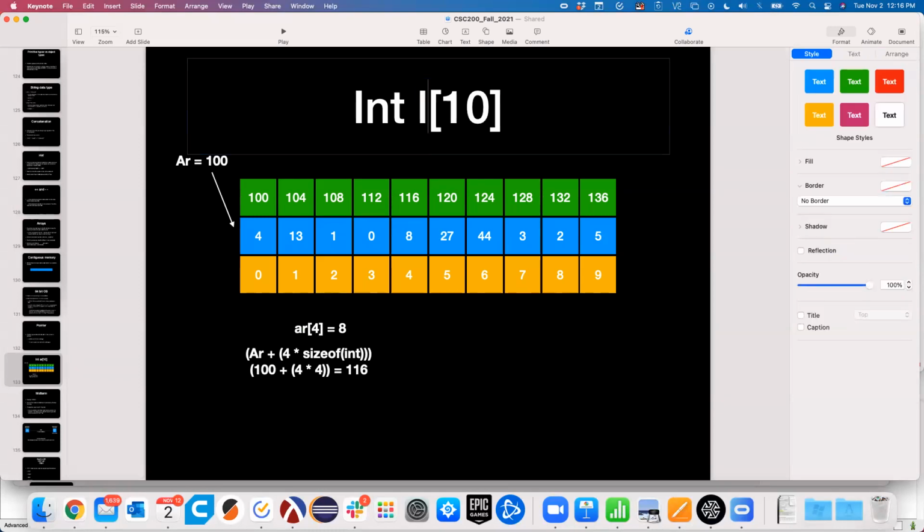Yeah, I mean, if I wanted to call this variable LOL, I could. This is just the name of my variable. I'm calling it AR because it's an array. All right, so